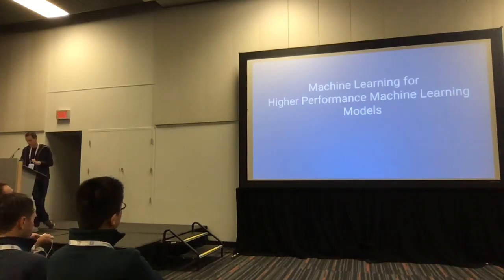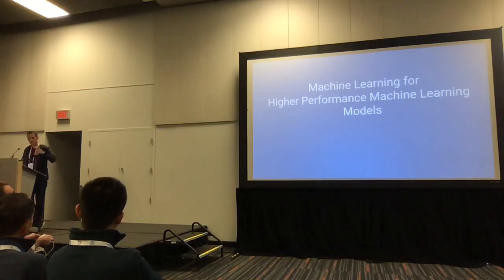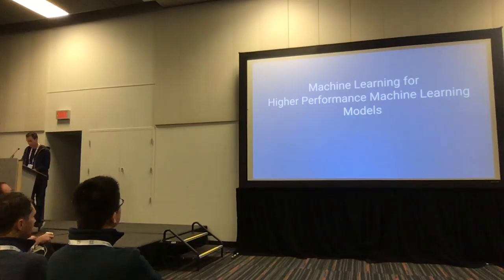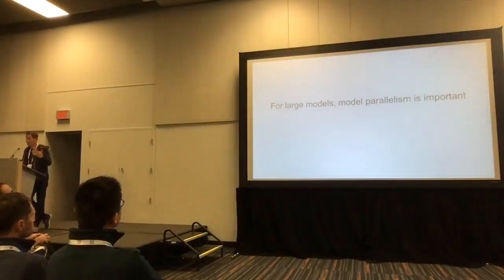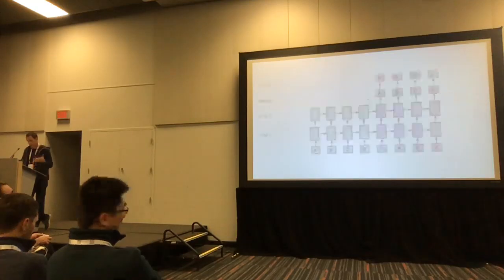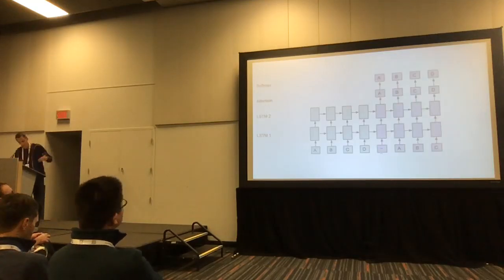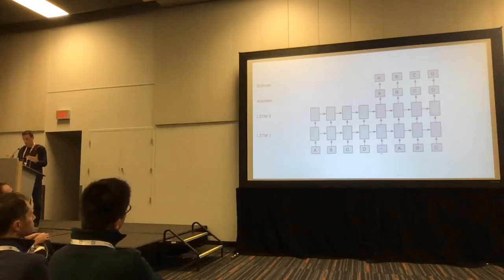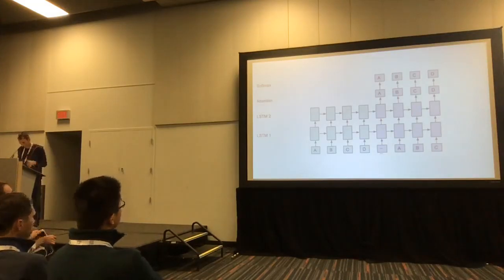So one area where you can use machine learning is, how do you take something like a computational graph for a machine learning model and run it efficiently on a set of devices you have available? This is essentially how you get good model parallelism given some devices. If you imagine a large machine learning model, you may want to run a single copy of that model across multiple devices and get good throughput using more than one device. And so